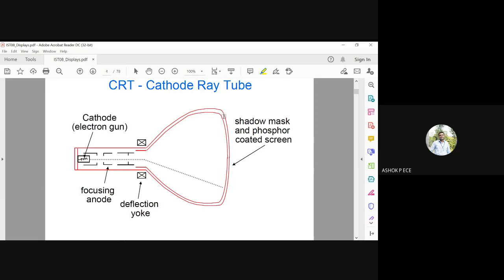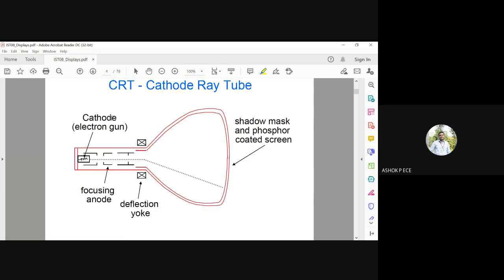The screen is coated with phosphor, so as and when an electron hits the screen, that portion becomes illuminated. When a bunch of electrons are constantly deflected and made to hit your screen, you get the picture you want to display.